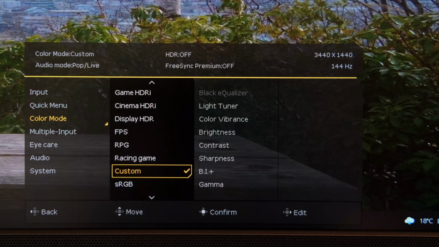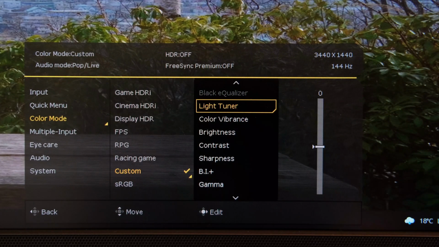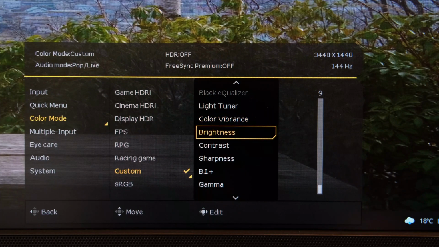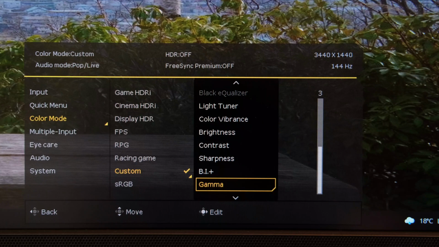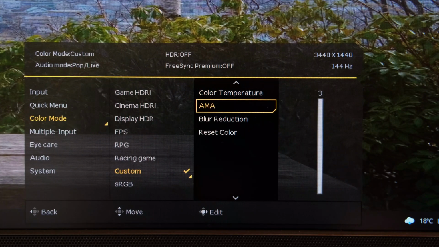In terms of color mode, if you're a gamer, and I presume you're going to be watching this review, then I would suggest using custom mode. The reason why is because it gives you a little bit more pop in terms of the colors. We're going to talk about color accuracy further down in the image quality section of this review. However, what you should know is that it's not going to be color accurate in terms of the sRGB color standard, or color gamut should I say,